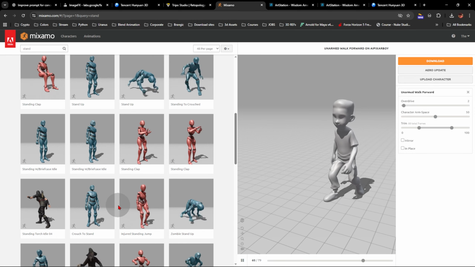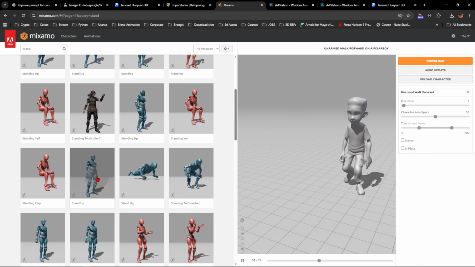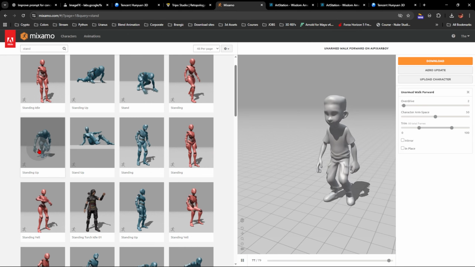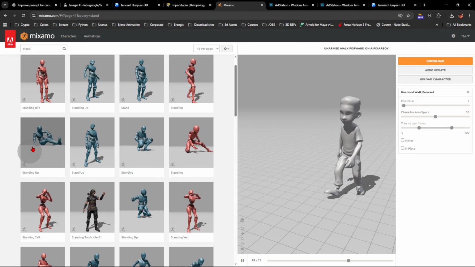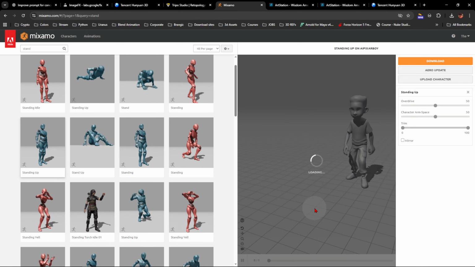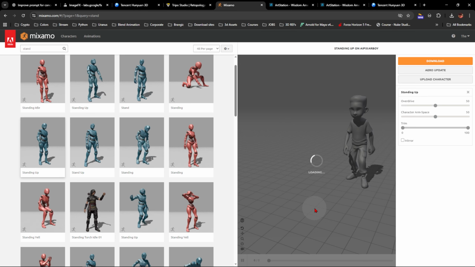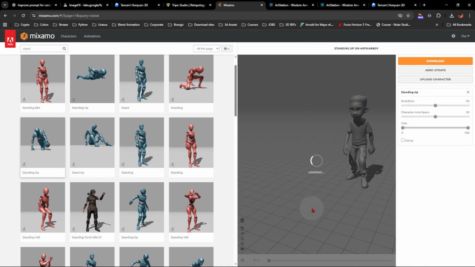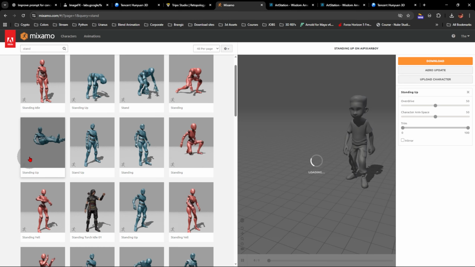Sorry, I'm actually lost in thought because any one of these could work. So let's just put something together. I will use this so that we may be able to correct some of the things that we want. So I'll use standing up here. If I double click on this,